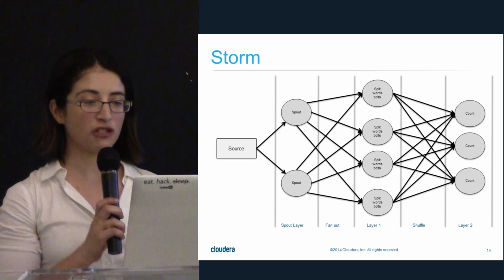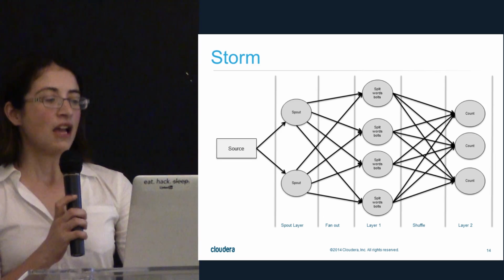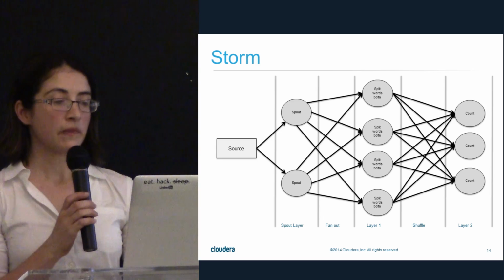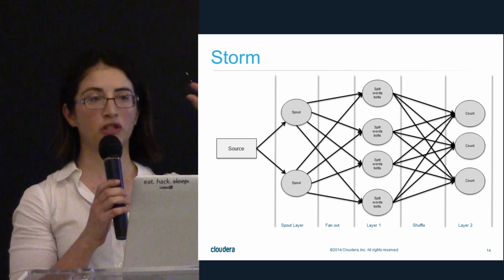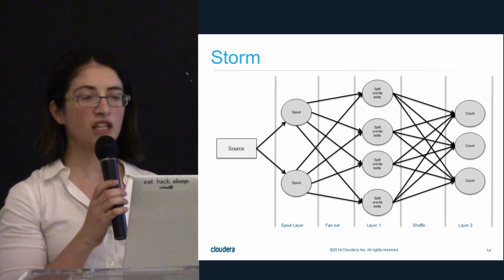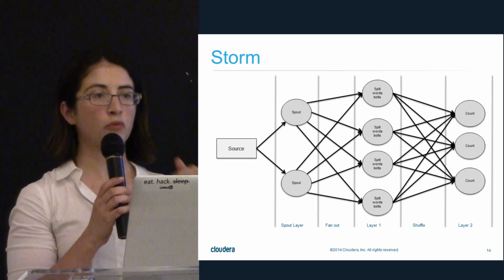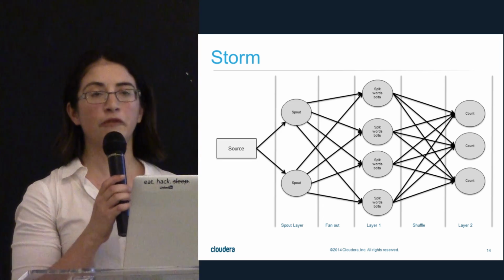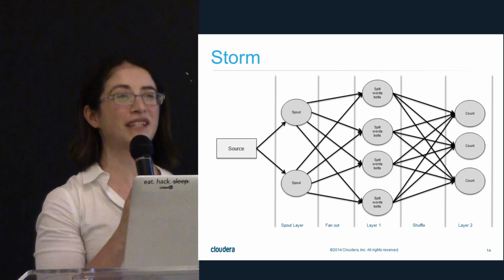Storm is pretty much the same thing, except it's not. It's also stream processing. But with Storm, it doesn't have the idea that it creates those micro batches of events. So it doesn't wait for a second to collect all the events that arrive from Kafka. Generally speaking, if we don't include other projects like Trident, it will process one event at a time. Fantastic for low latency, because no matter how long it takes, you don't have to wait a second until you